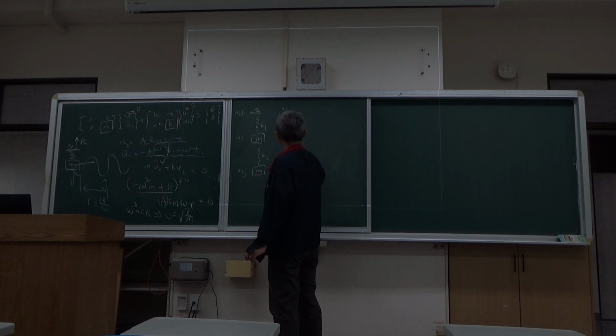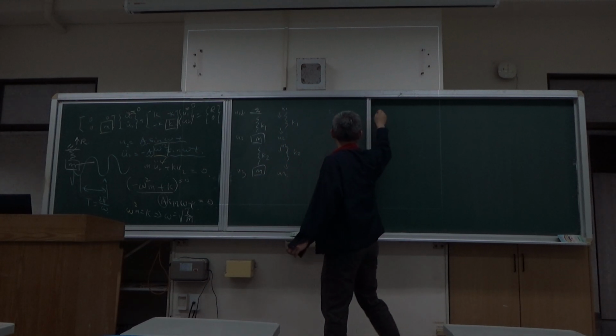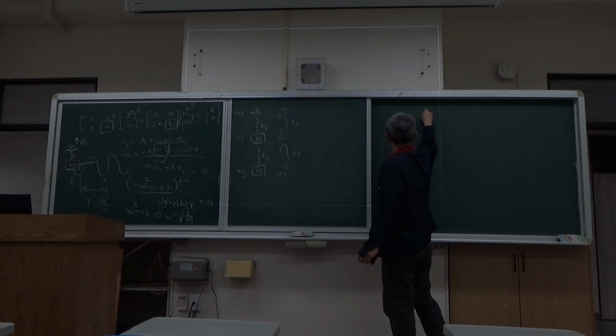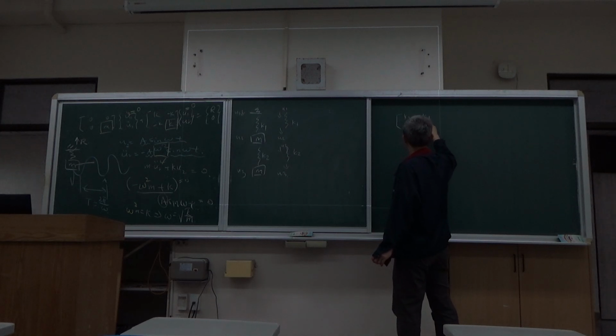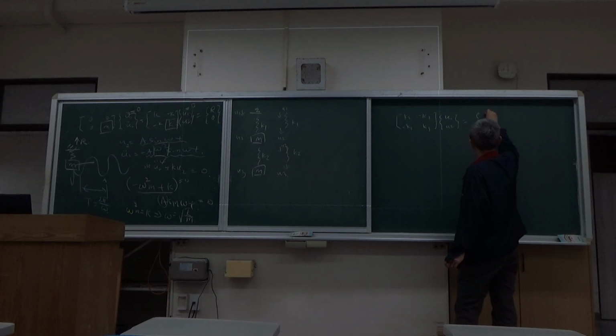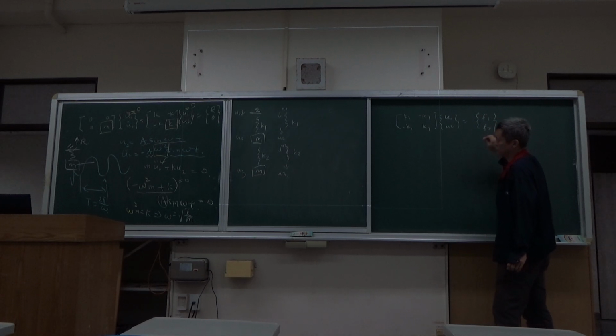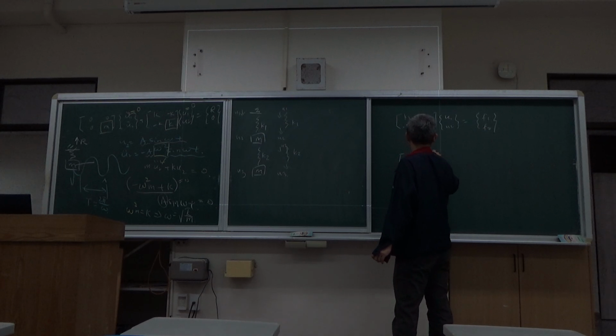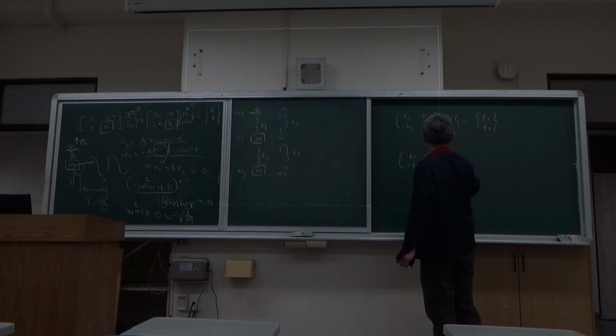For element 1, you have K1, minus K1, minus K1, K1, times U1, U2, equal to force 1, force 2. For element 2, you have K2, minus K2, minus K2, K2, times U2, U3, is equal to